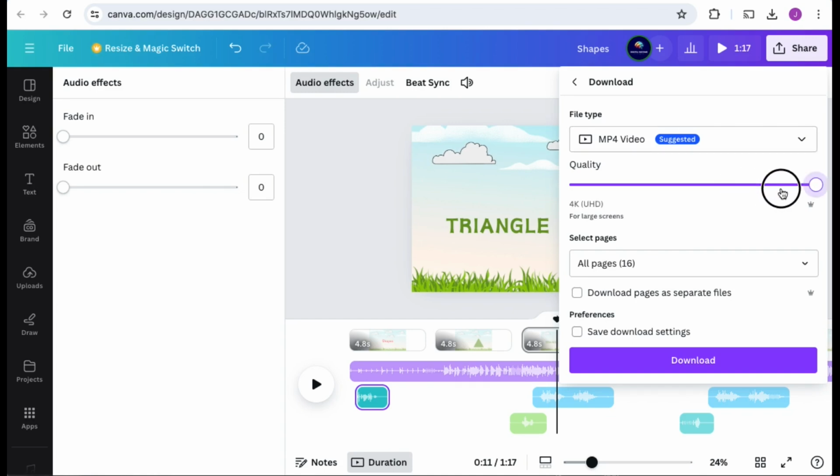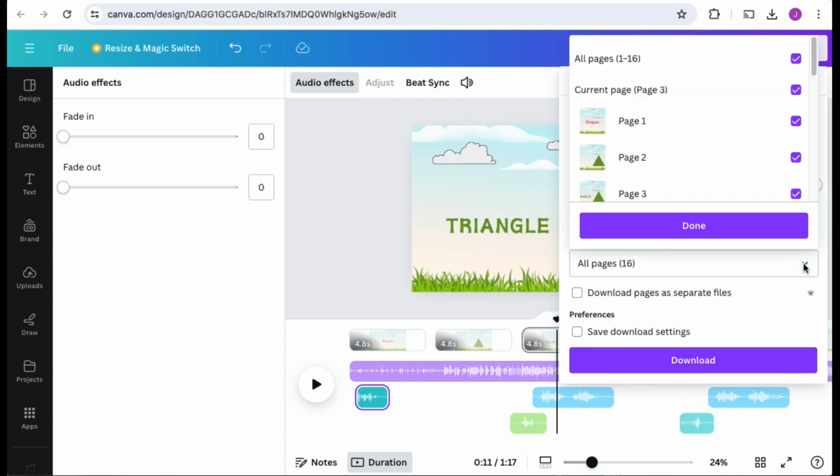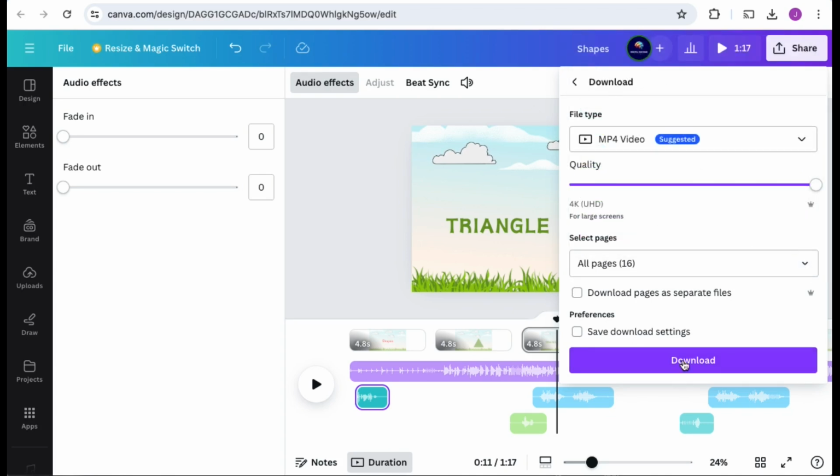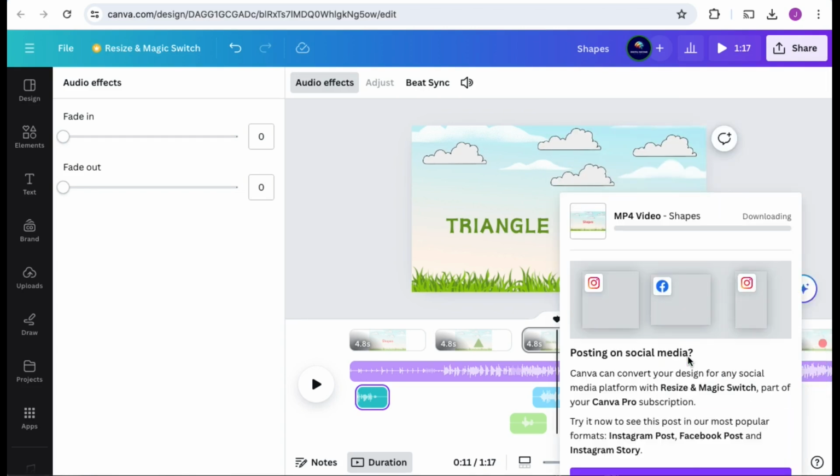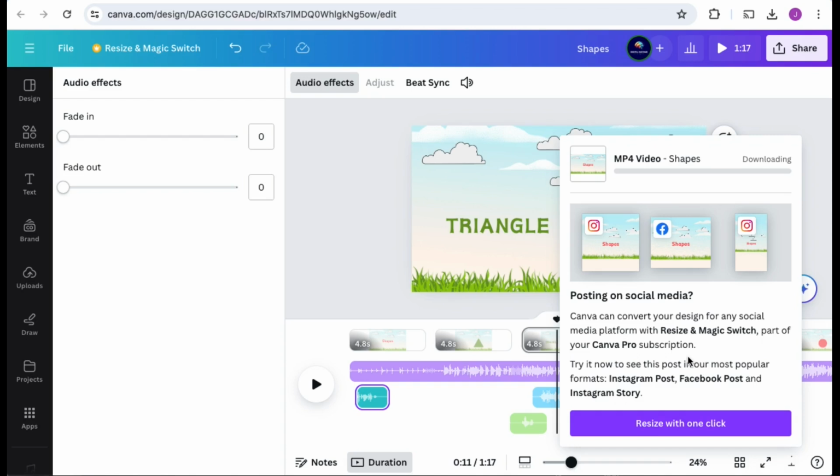And yeah, so we're gonna make it 4K. And okay, perfect. Let's download. And here we go. So you have your video ready to upload to your brand new YouTube Kids channel.